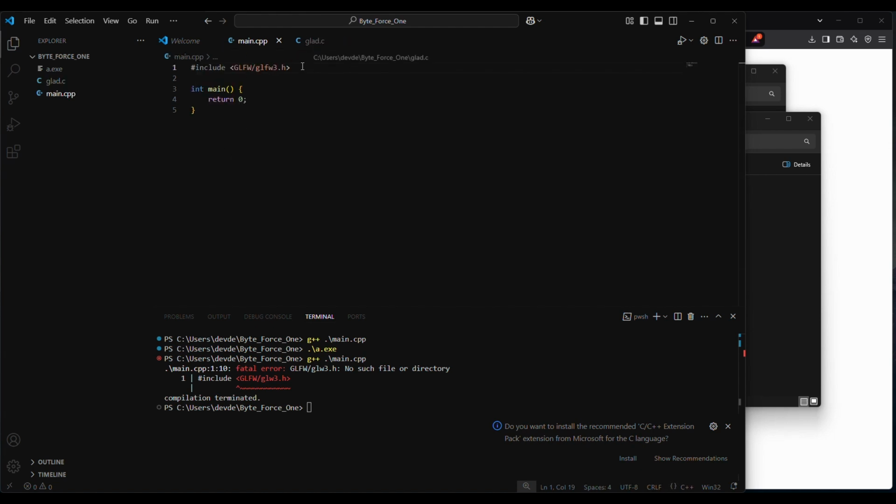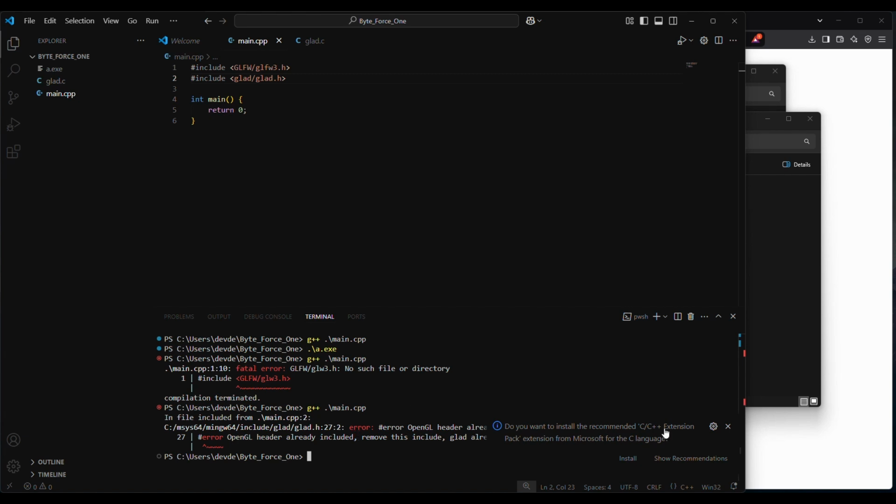All right, let's test this out and let's run include. Okay, looks like it's recognizing GLAD, so that's good. Go ahead and compile. Oh yeah, and one thing is you have to include GLAD before the GL framework. I can't remember why, but